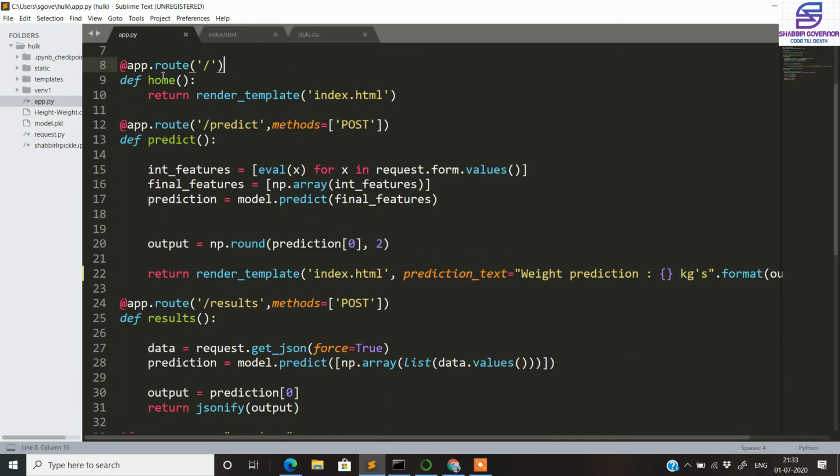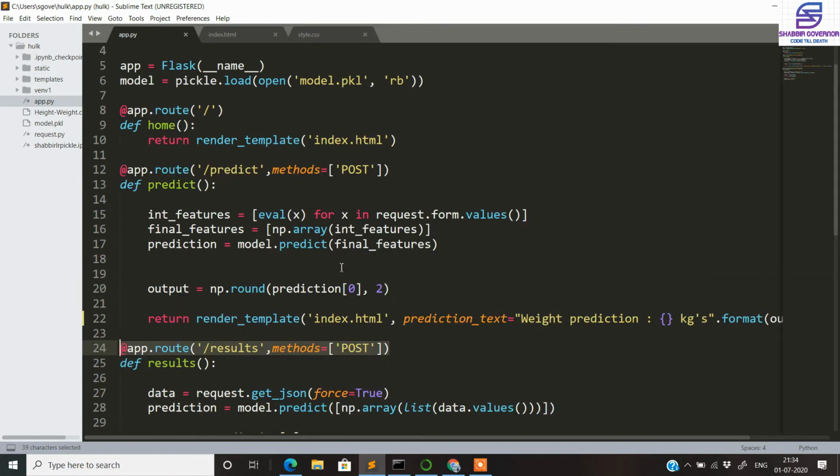Then we have defined 3 decorators here, that is app.route, this is for the home, this is for the predict part, and this is for the results. What it does is that it captures the centimeters that we pass into the text box of our application.